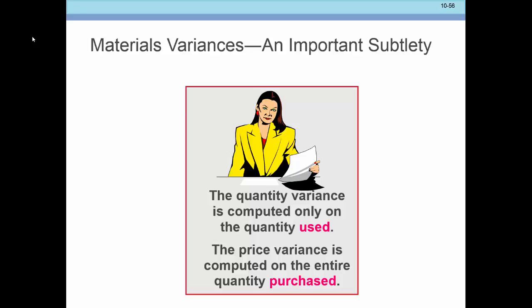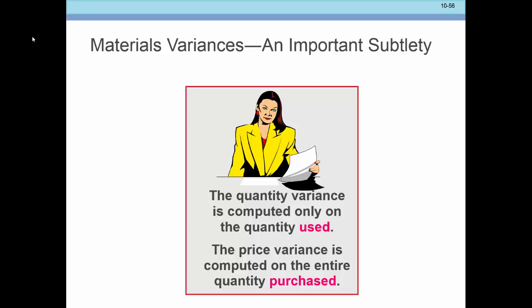When you calculate the material's price variance, you use the amount of materials purchased because we're trying to measure the impact of our purchases for the period, aren't we? In all the problems we looked at, they were consistent in saying that they purchased and used, but that's not really the way we deal with materials. We usually purchase one amount and then use another amount, don't we? Especially those ones where we wanted to end up with some materials at the end of the period. And so when you do the quantity variance, you clearly have to use the amount